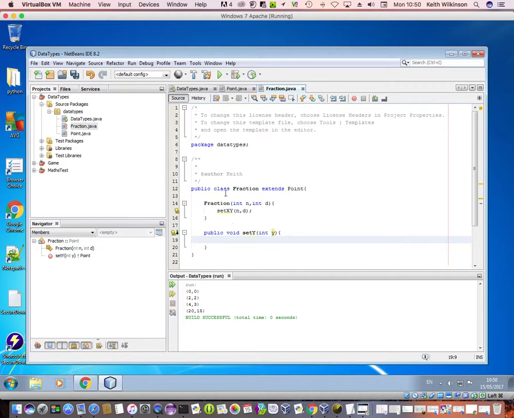So when we create a new fraction, instead of using the points version of set xy, this is not going to use the points version. It's going to override it and use what we have inside here. So now I can do a check. So if the y value is equal to 0,